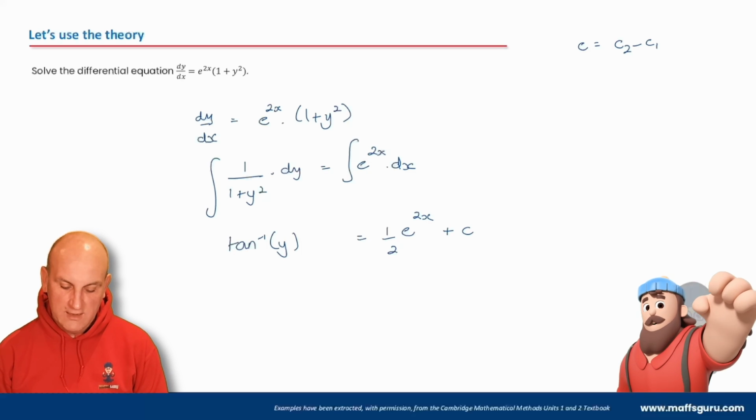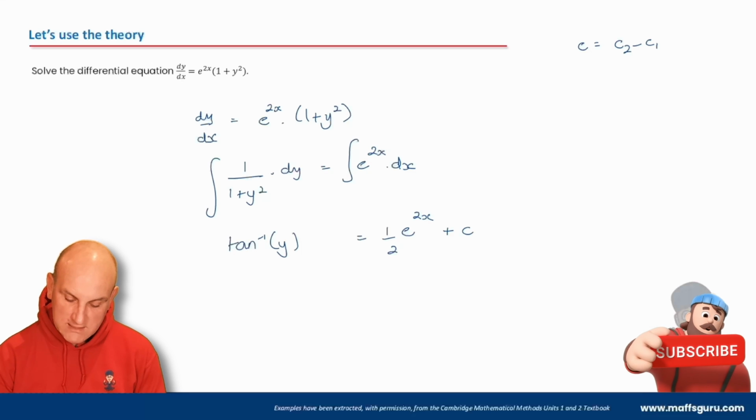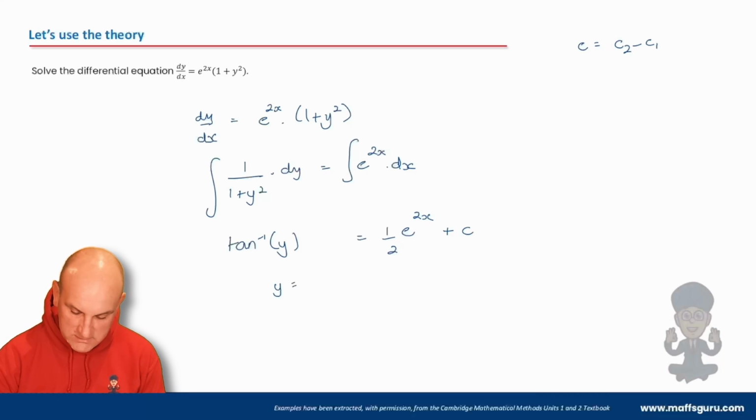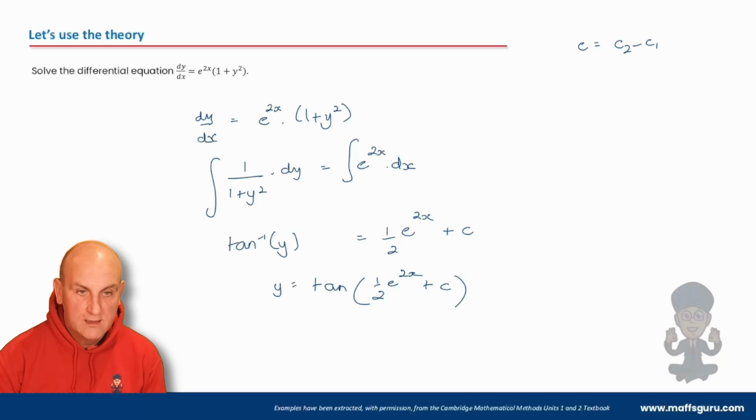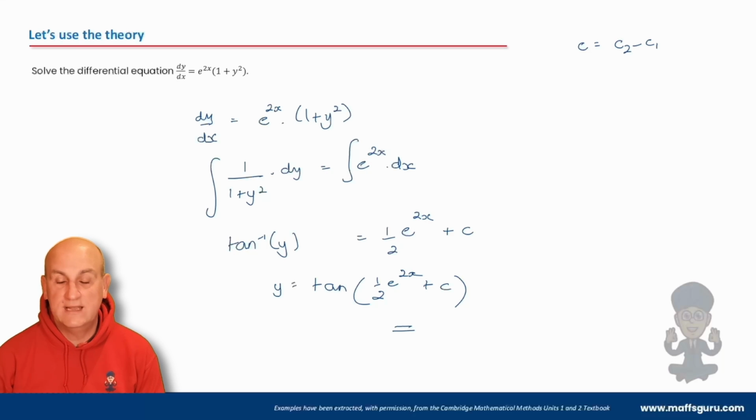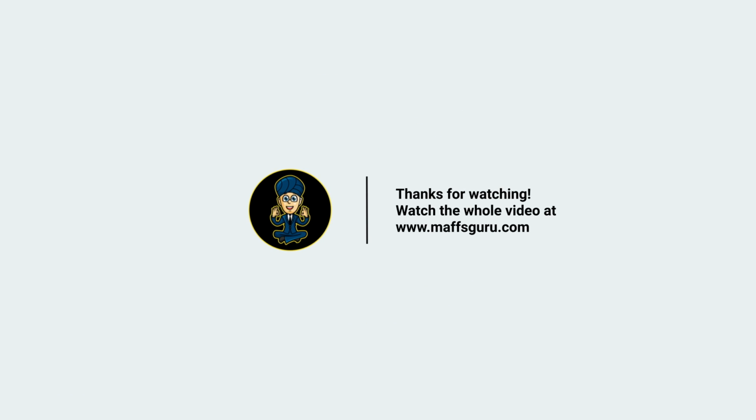Right, what are we going to try and do now? We want to try and get y on its own, so I'm going to get y is equal to the tan of a half e to the 2x plus c, close my set of brackets. That's it, really. Half of e to the 2x plus some value of c. Right, find the solution to the differential equation given by that. Now again,